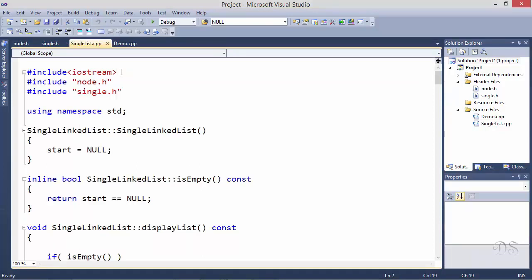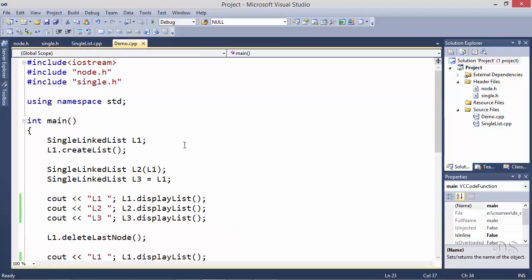In this lecture, we'll see how to write the copy constructor, destructor, and the overloaded assignment operator for our linked list class. First, let's see why we need these functions in our class. We have this code here in demo.cpp file. We have created this object L1, and then here we have created two more objects L2 and L3 by copying this object L1. Right now, we have not defined any copy constructor for our class. So the compiler will synthesize a copy constructor, and that copy constructor will be used here for copying this object L1.